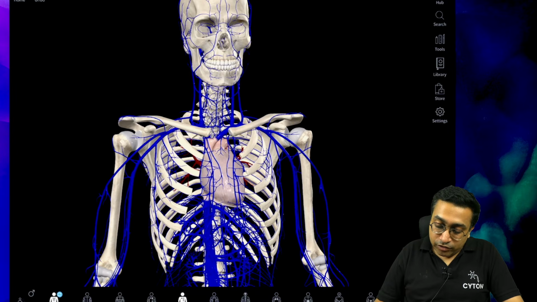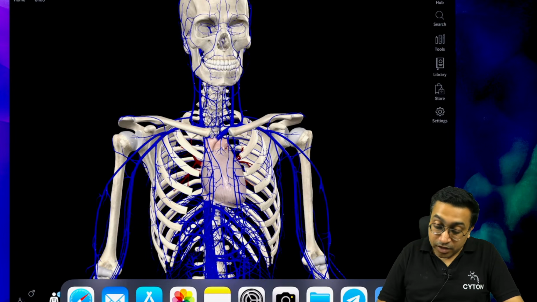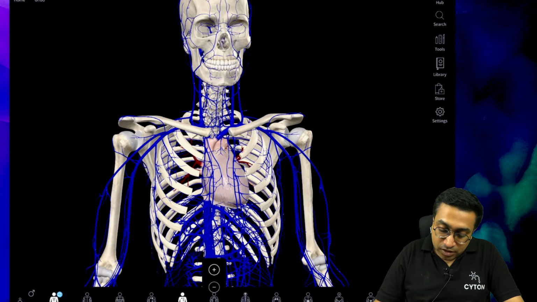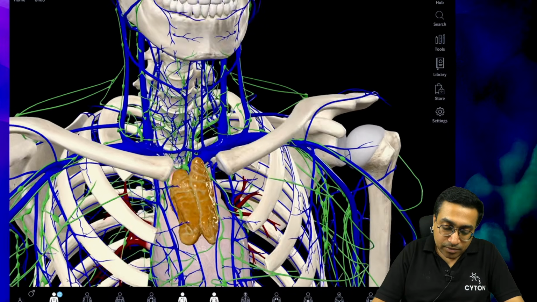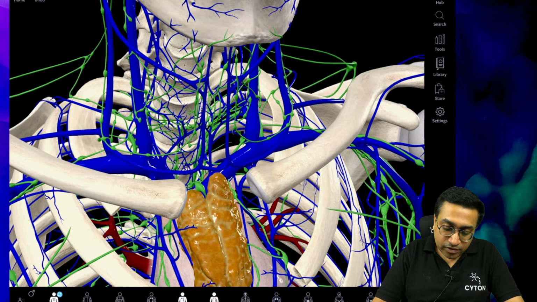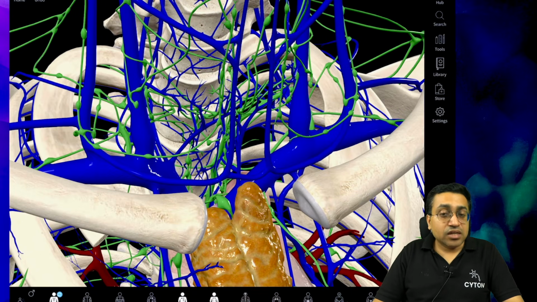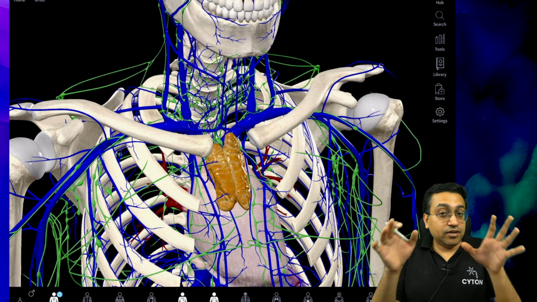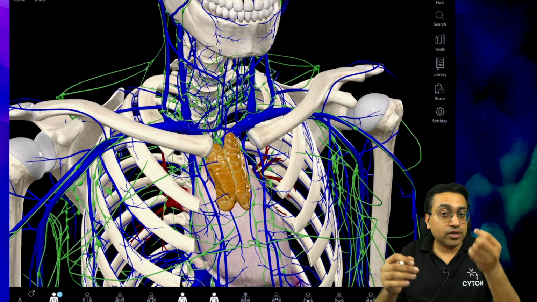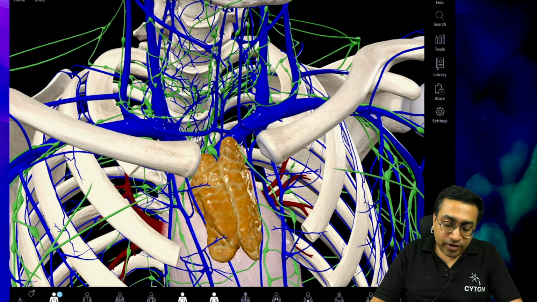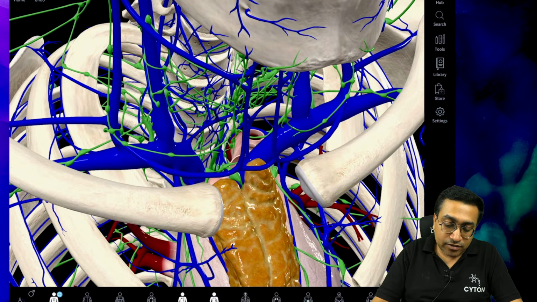One more thing before I close this, I just need to add the lymphatics also. I want to show you a very important concept here. We have discussed this already. The entire lymphatics, that green color lymphatics, all lymph nodes and everything from various places, ultimately go to a certain area. So all the lymphatics will also drain into the venous system itself.